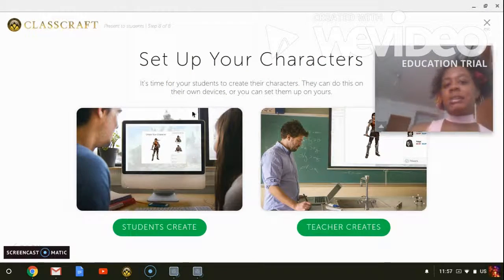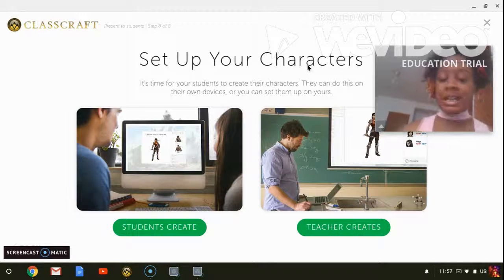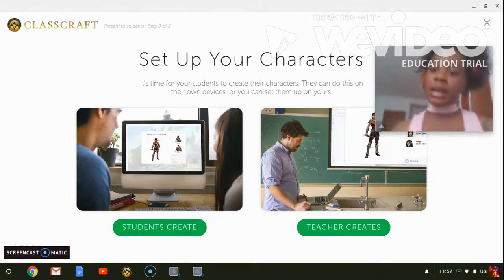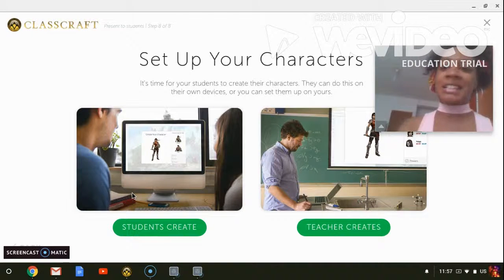And here is the option. It says set up your characters. Again, like I said earlier, you can have the students go on, if it's a computer lab class, or everyone has access to an iPad or a computer, or you allow them to use their phones in class, they can download the app and create their own characters. If not, the teacher can go in before class starts or before the semester begins, and choose who they want to be in the teams and what